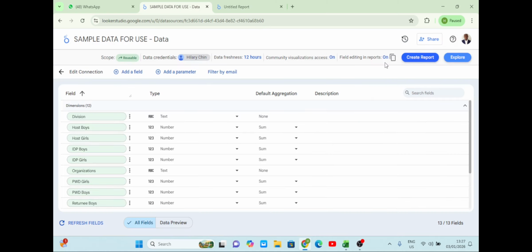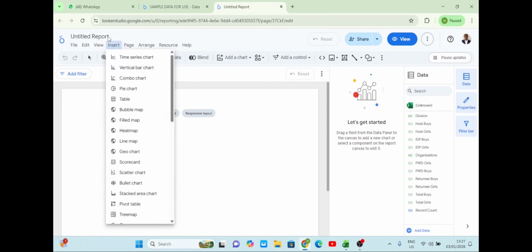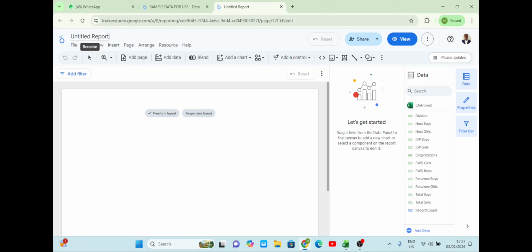The moment we click create report, it brought us to this different tab here. And the first thing I want to do, I just want to go up here and click this and then I give it a name. I just put demo, right? Demo. I want to give my report a name, demo. Now when I give my report a name, you see that this is a canvas,